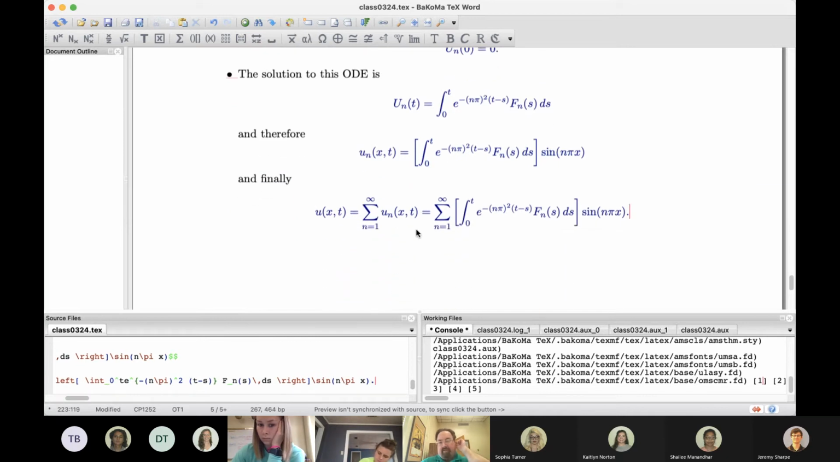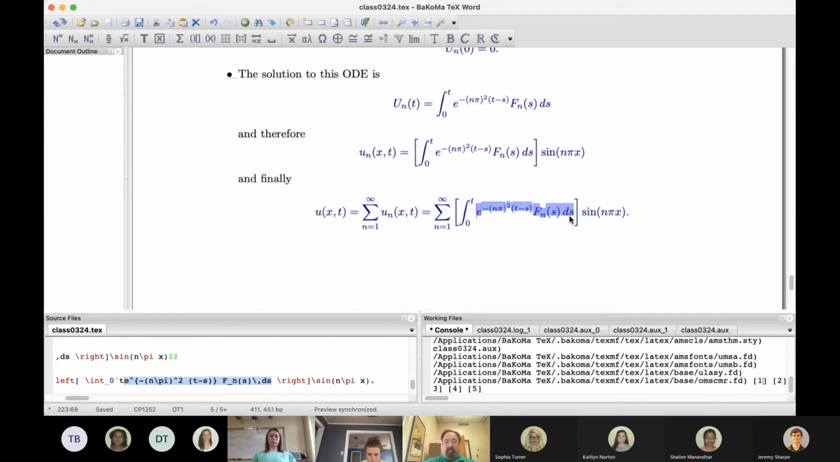All right, so that would be like the final answer. And sure enough, if you plug in t equals 0, you're integrating from 0 to 0. Well, that would be 0, and that's what you want, because the original IBVP had initial data of 0. Whereas if I take a derivative with respect to t of this, then I would end up with